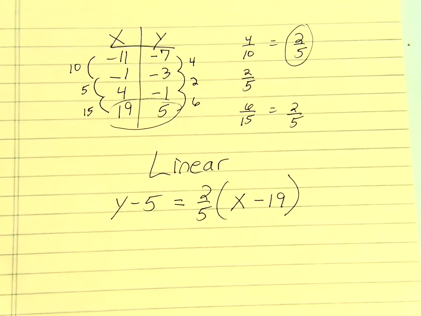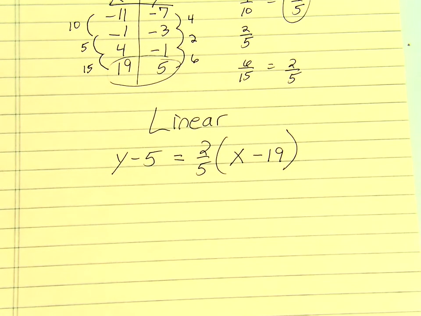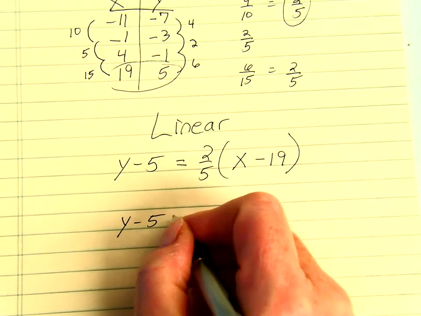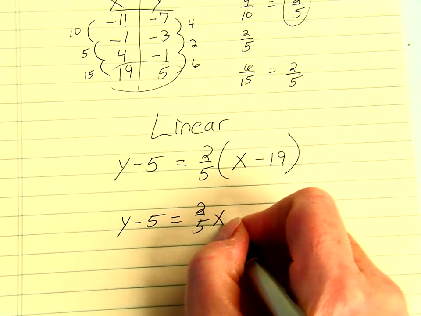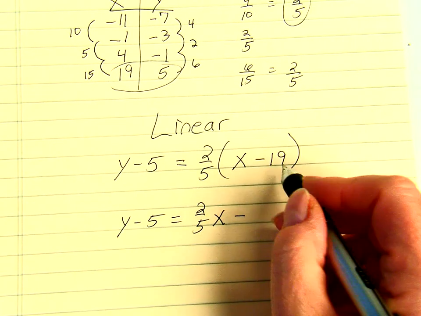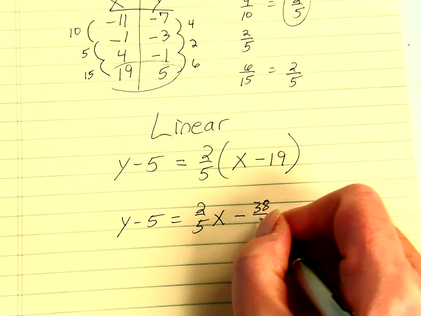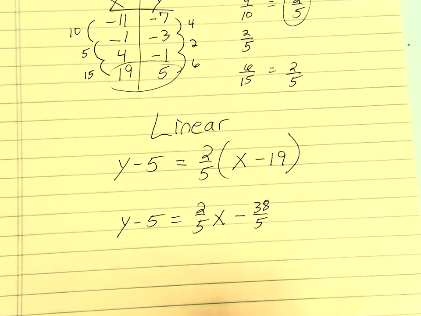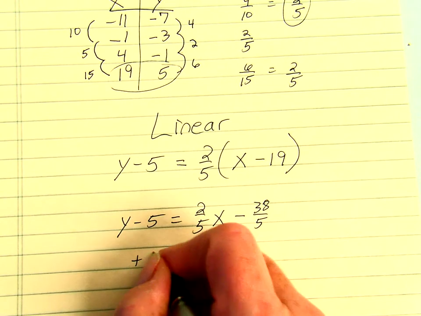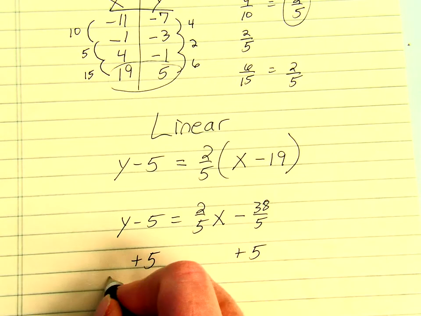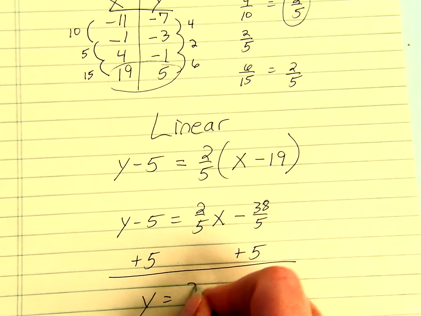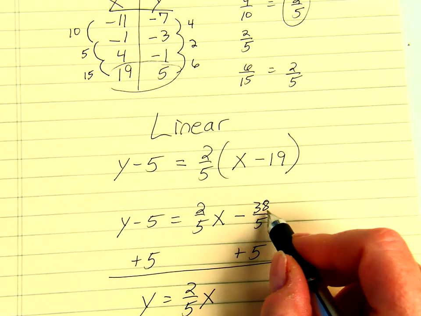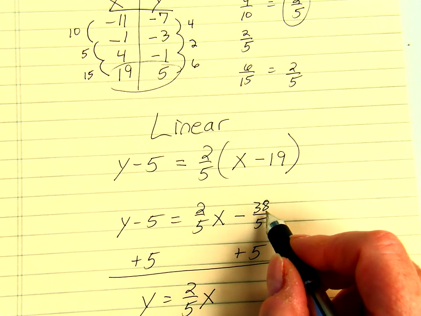So just real quickly before I close out, I am going to turn that into slope-intercept form. So I will have y minus 5 equals 2/5 x minus 38 over 5. Probably picking just the worst problem I could for this, but that's all right. Now I'm going to add 5 to both sides, giving me y equals 2/5 x. And here I'm just going to convert this. 5 goes into 38